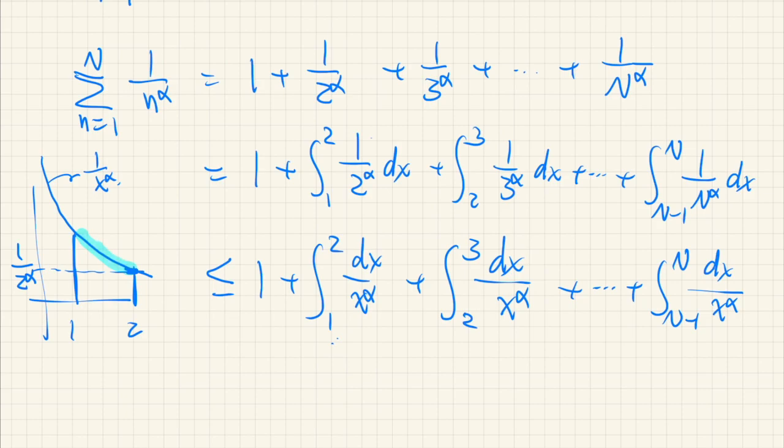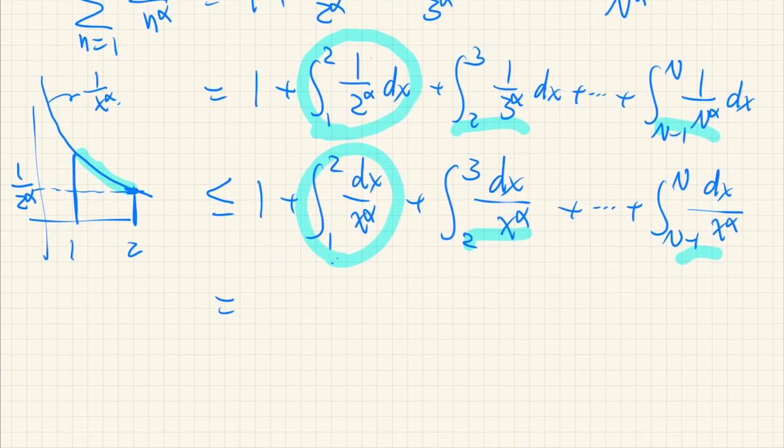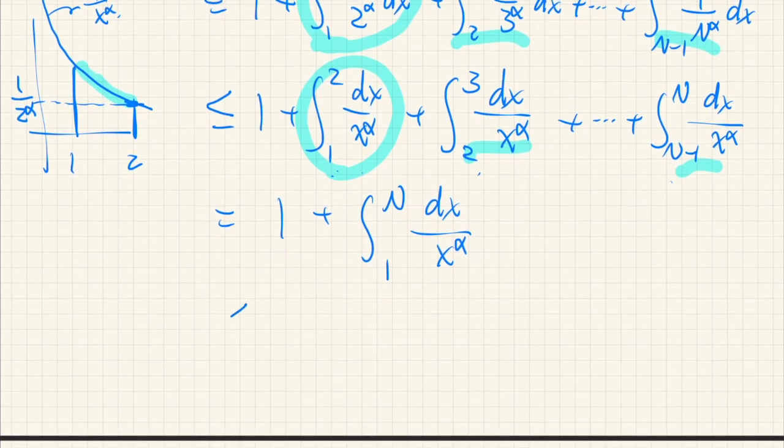So therefore, this integral is greater than or equal to this integral, and the same applies to all other terms. Now we combine all these integrals together. So it's an integral from 1 to N of dx over x to the power of alpha. And of course, this is less than or equal to 1 plus